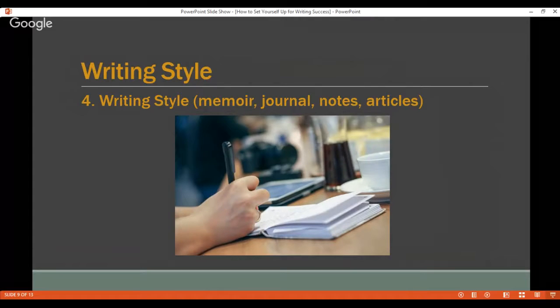And on Monday, I sit down to write and I start working on a journal entry. And then on Tuesday, I sit down and I decide, you know what, I actually want to write an essay. So I start writing an essay. And then on Wednesday, I decide, you know what, this actually is a great idea for a memoir. So I start into a memoir. And then on Thursday, I think, oh, I've got this cool idea for a short story.